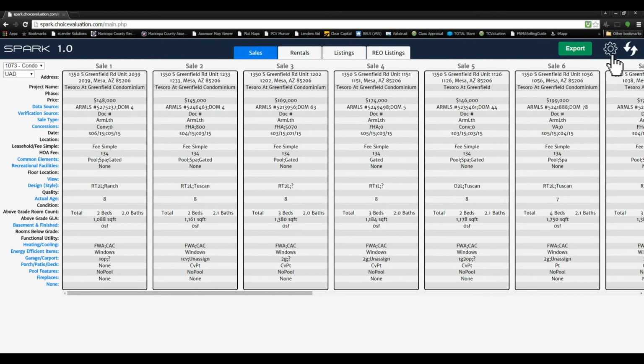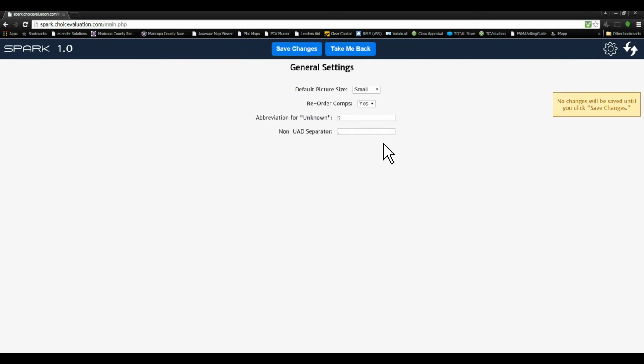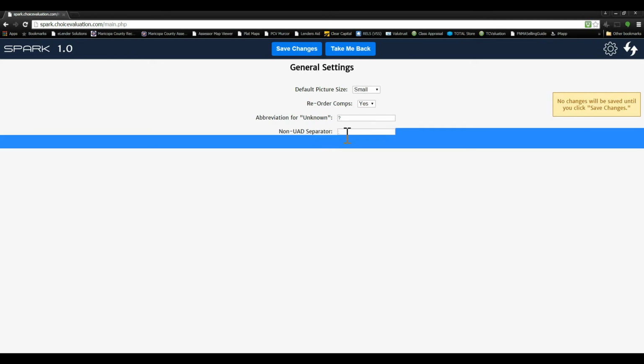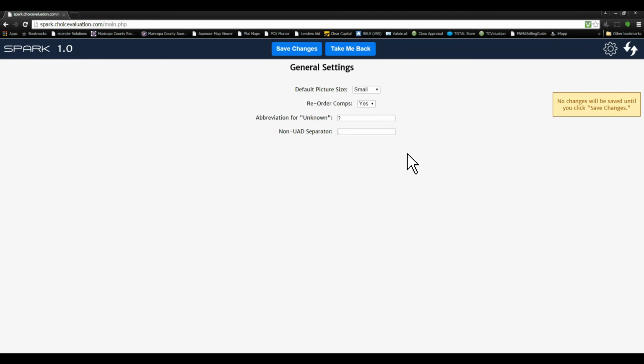And then I'm going to show you, we also have these settings over here, which are your general settings. So you just click the gear icon, and you can click General Settings, and you've got these to choose from right now. And I'd like to emphasize right now, because when you watch this video, that may be different for